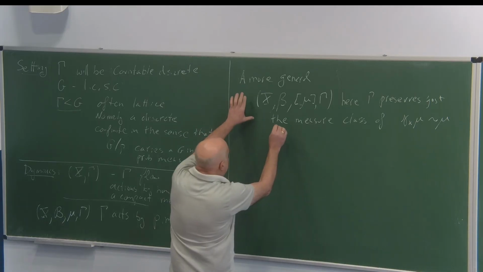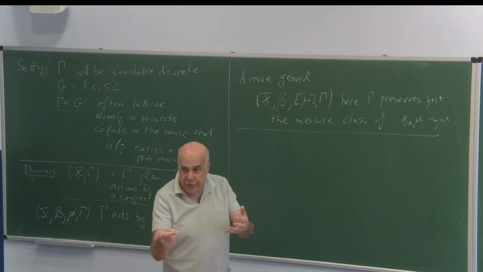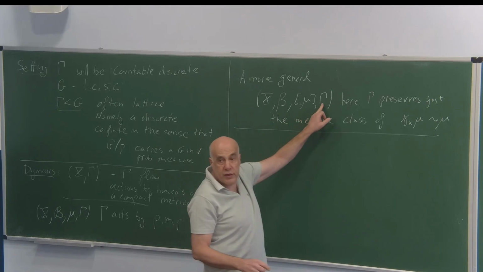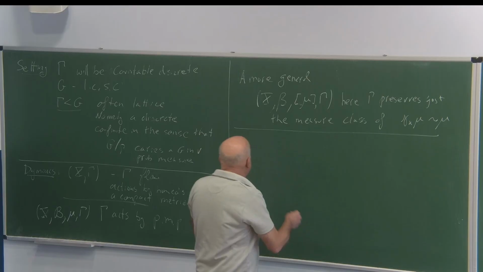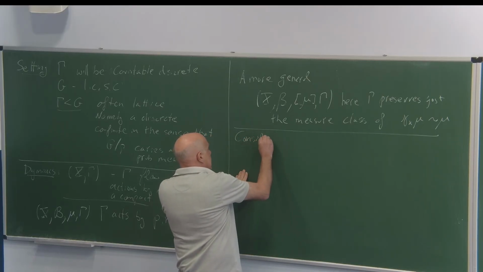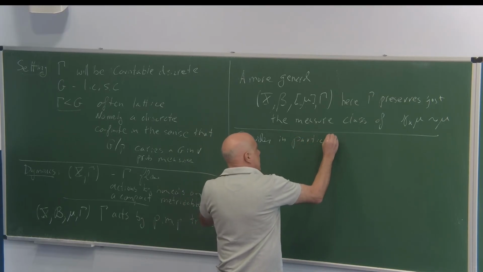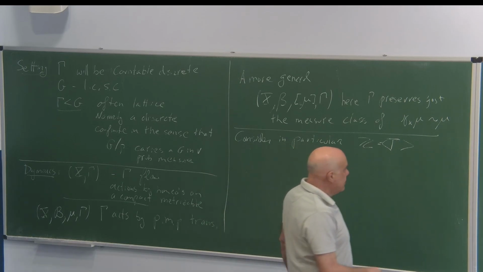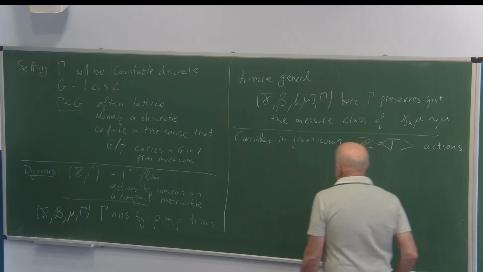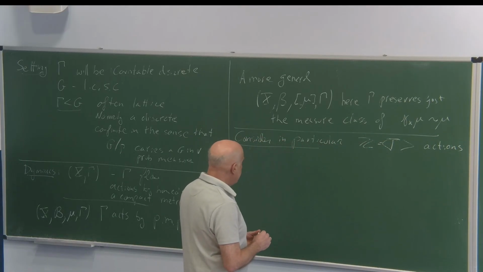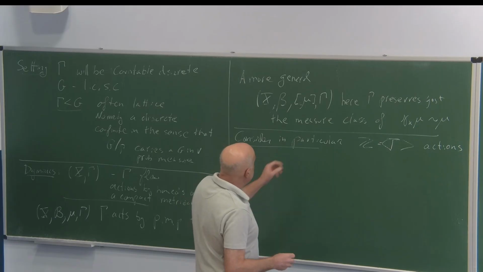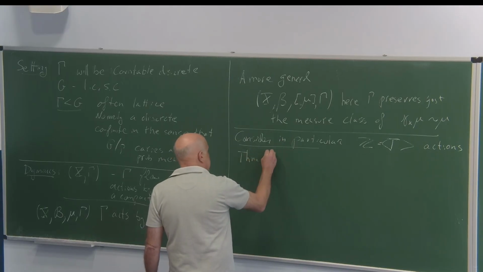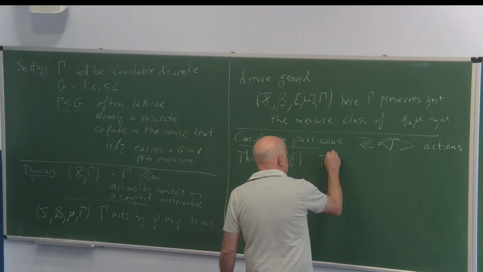In order to better understand this setting, let's first focus, and this will be my point of view throughout, on the very interesting but simple case where gamma is Z. So consider Z, and I'll always denote the generator by big T, acting. Here is an interesting theorem in this setting, of Hopf. There is a canonical decomposition of X